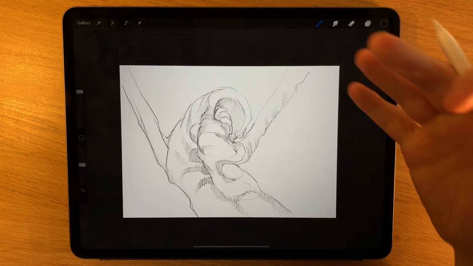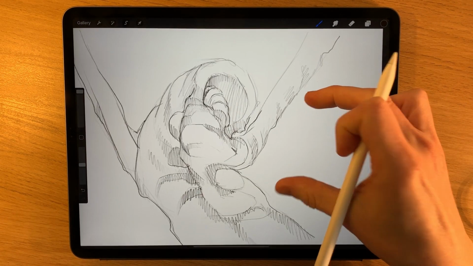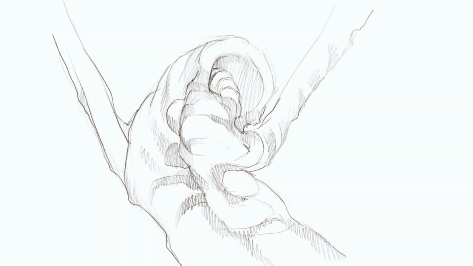Okay, so the process with this is to not take it to too finished a degree. I could continue to work into this and really solidify what we've got, but then I think it would limit the opportunity for creative input for all my viewers and subscribers. So I'm going to leave it quite loose and quite simple at that point.